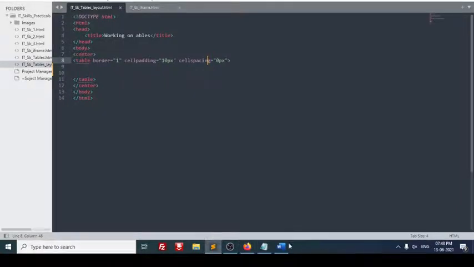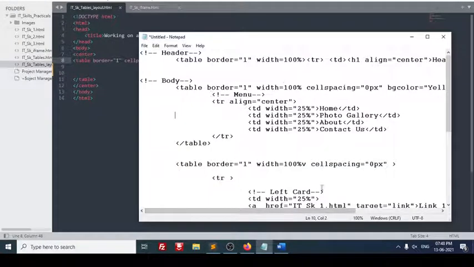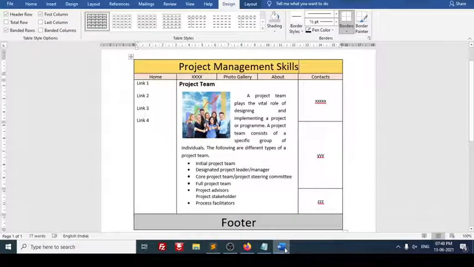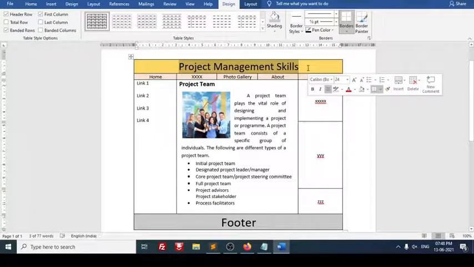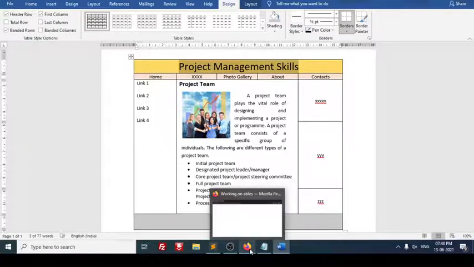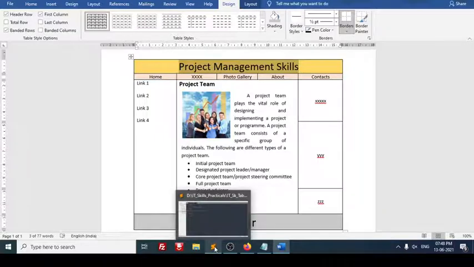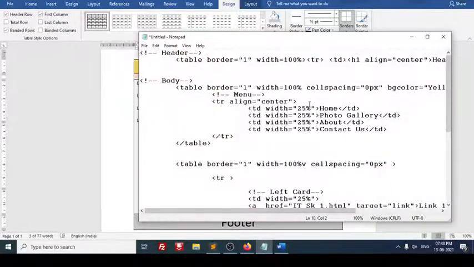In this particular layout, I will teach you all these things together: how to implement the iframe, how to implement these attributes of the table, and this part where I want to include project management skills. For that I will go to my Sublime Text, where some code I have already prepared and named.